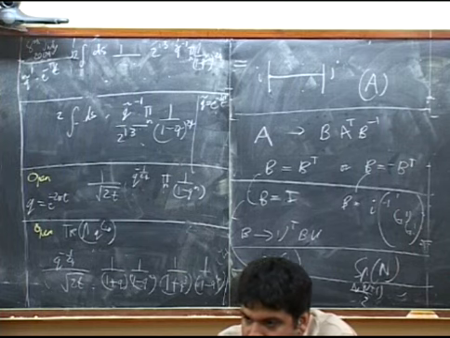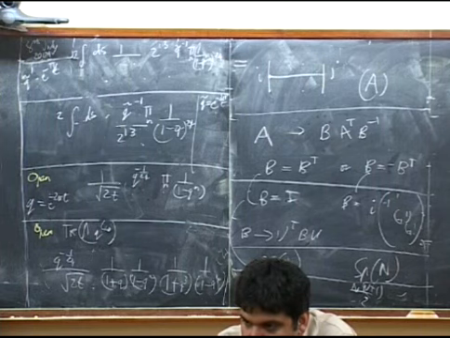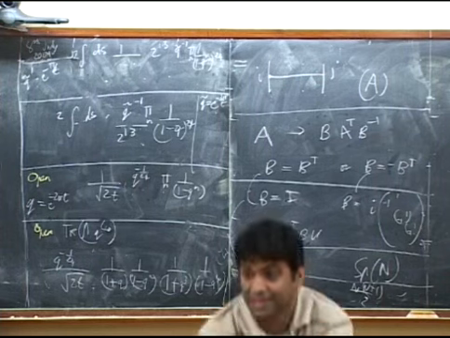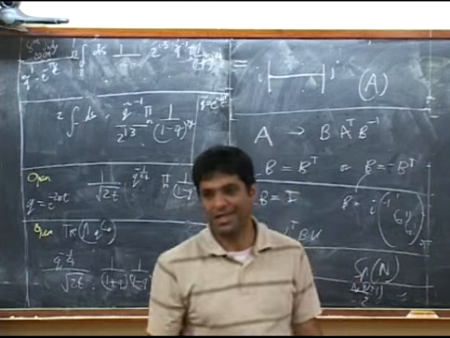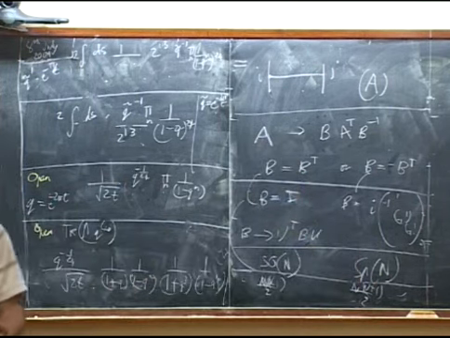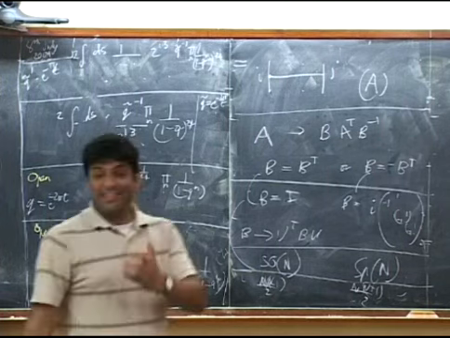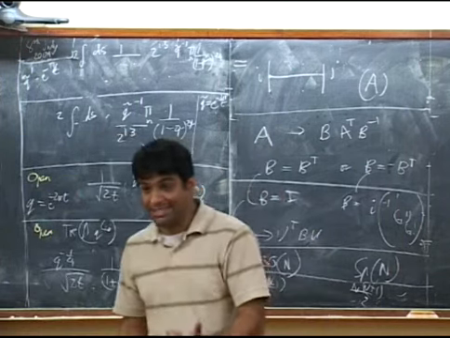So everything will transform in some representation of SO(N). But symmetric is a representation of SO(N). Just a vector is a representation of SO(N). So you take two vectors and take the antisymmetric combination of that, that's some representation of SO(N). But you take two vectors and take the symmetric combination of that, that's also a representation of SO(N). You see, the gauge boson expression has to transform not just